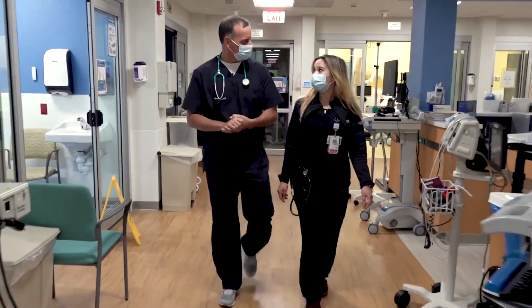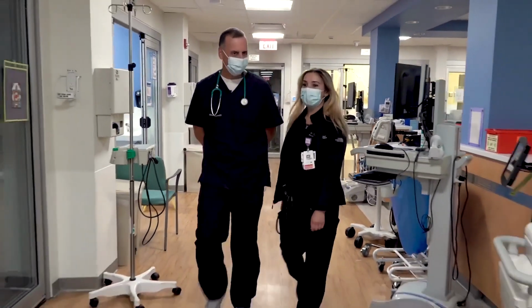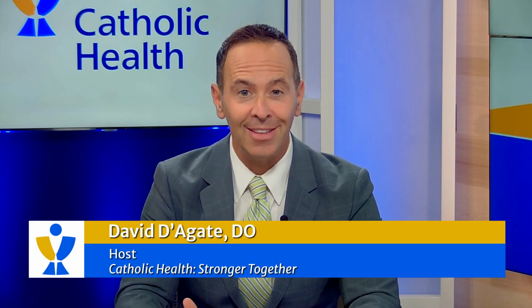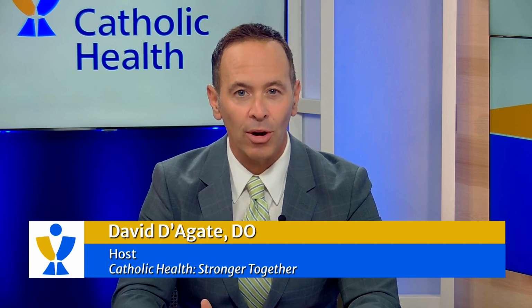We're really very excited, the physician staff, nursing staff, ancillary staff here, we're very excited about this new Patient Care Pavilion because we really think it will enable us to deliver the care that our patients and their families deserve. That's great news for the talented emergency and trauma teams working at Good Samaritan, as well as the communities they